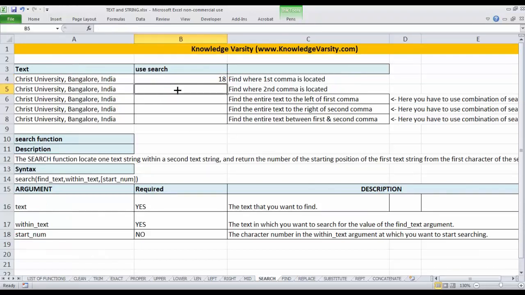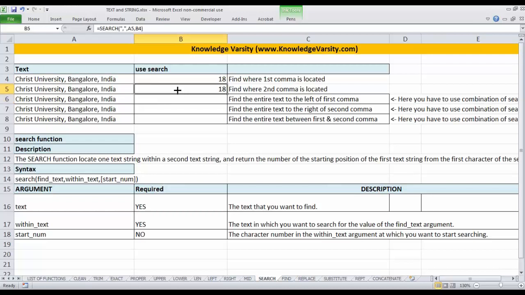So I search comma within this string, starting from 18. If you see, it has given me 18 again.